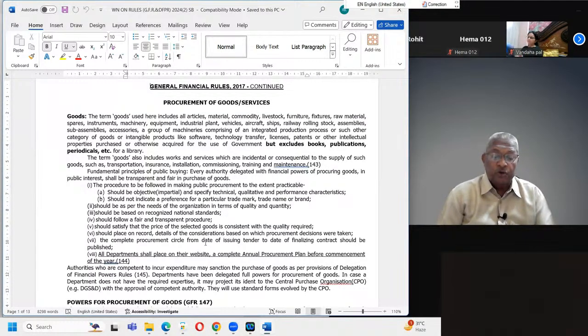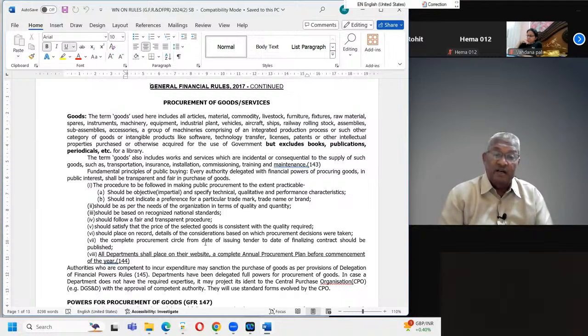So procurement of goods and services, हम goods purchase करते हैं. इसी तरह we are procuring not only goods but also services, consultancy service, outsourcing service. So not only goods, service of the service भी लेते हैं. So goods मतलब क्या है? They have described. ये सारा इतना लंबा चौड़ा लिस्ट, what is meant by goods for the purpose of this rule